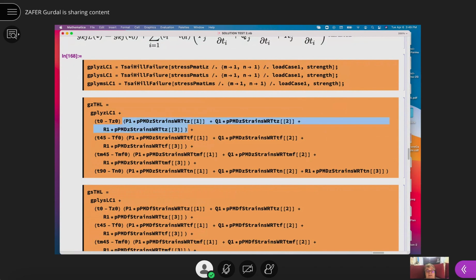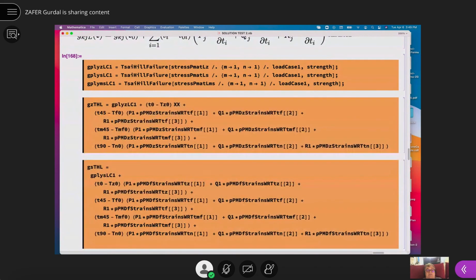Okay, and these should be the derivatives of the stresses with respect to... because ours is a stress criteria. So I'm going to delete this and put capital XX. We're going to have to figure out what that capital XX is going to be. And T, all right,